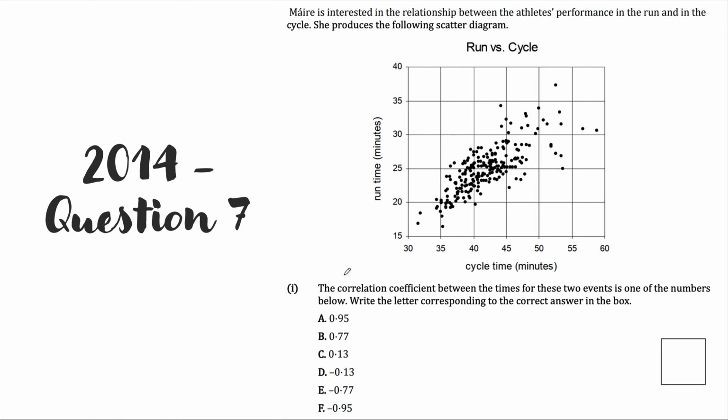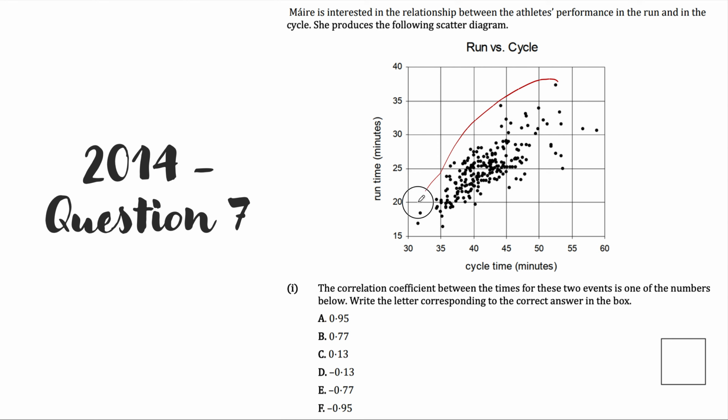Here's another one. So it's given us the cycle times and the run times for people performing. And it says the correlation coefficient between the times for these two events is one of the numbers below. Write the letter corresponding to the correct answer in the box. So is it very strongly correlated? In this case,